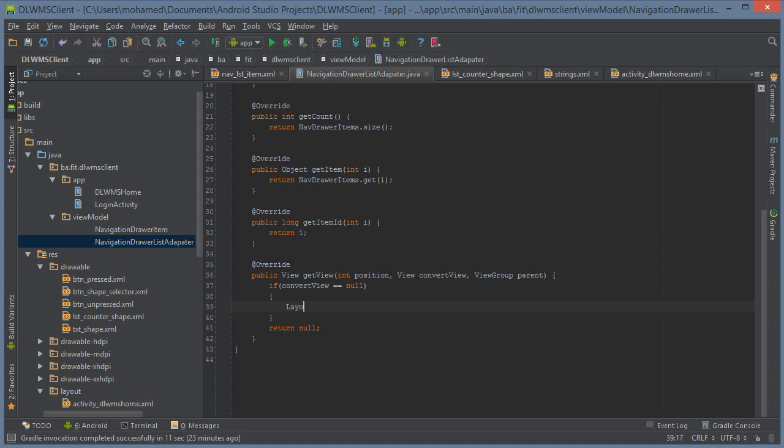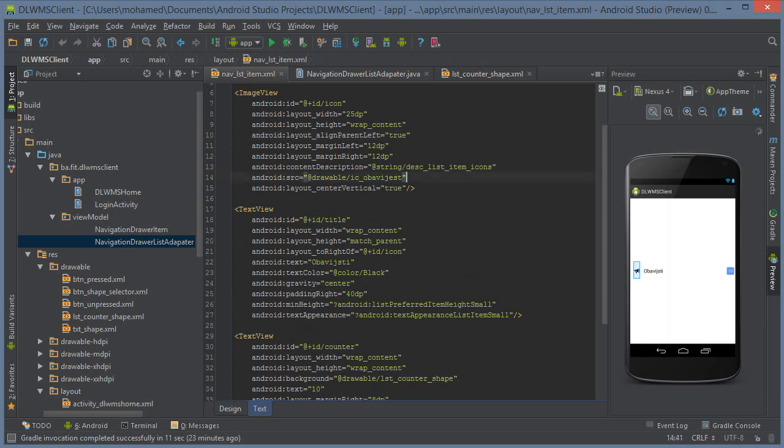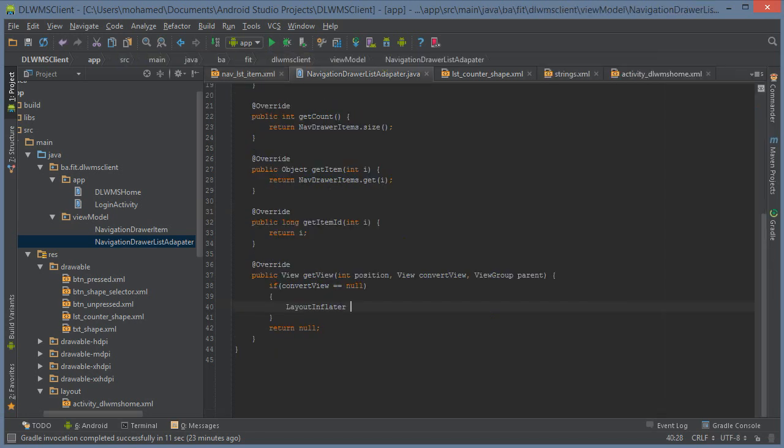we're going to have a layout inflator. And the layout inflator, what it does is it will actually inflate our XML file with this data at runtime. As you can see here, our XML files, we hard-coded them, we write them there. However, you can in fact inflate or write to them in real time, or insert to them in real time, using this layout inflator. And I'm going to call this inflator